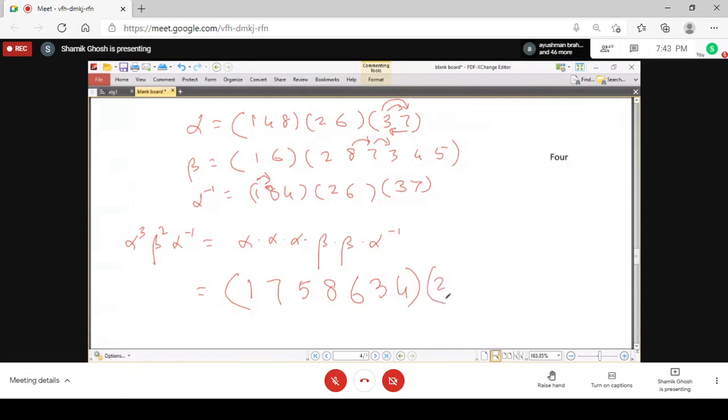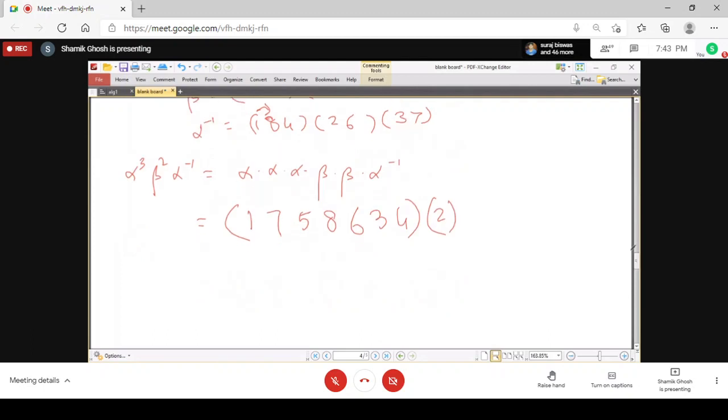So again, we start from 2, the least numeral that is left here. And you see that 2 to 6, 6 to 1, 1 to 6, then it is 6. So 6 to 2, 2 to 6, 6 to 2. So it comes to 2. So it is a single cycle. So ultimately we got the composition: 1, 7, 5, 8, 6, 3, 4. And we just remove the single cycle.